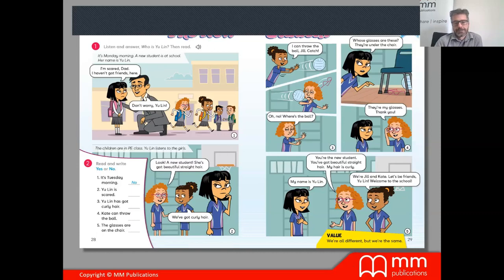Have you ever experienced this? Going to a new school for the first day? Of course, you are teachers. You always go to a different school. Is that right? Yeah. Well, based on your personal experience, when you go to a new school and you don't know your colleagues, you don't know your students, I suppose you feel a bit stressed. How do you feel, Kostas? When you're in a new environment for the first time?